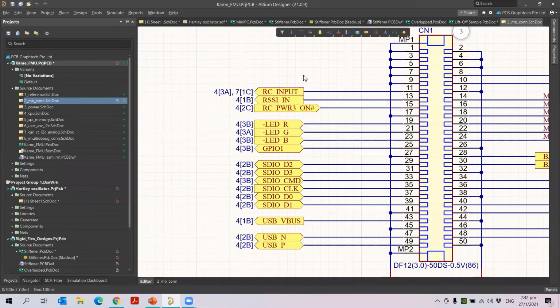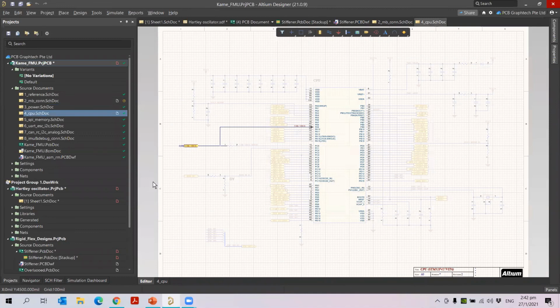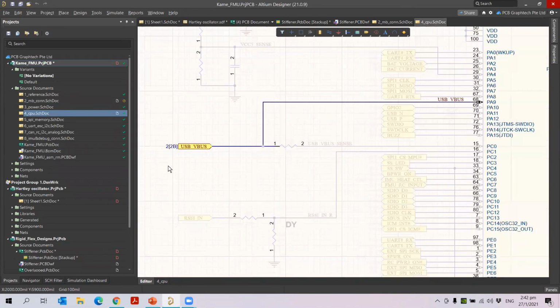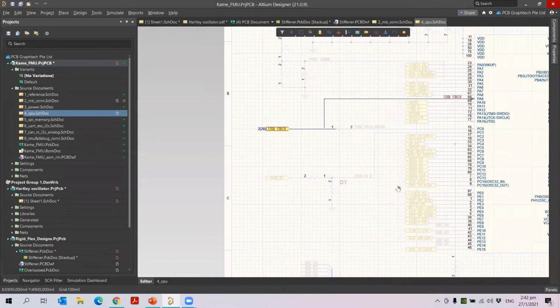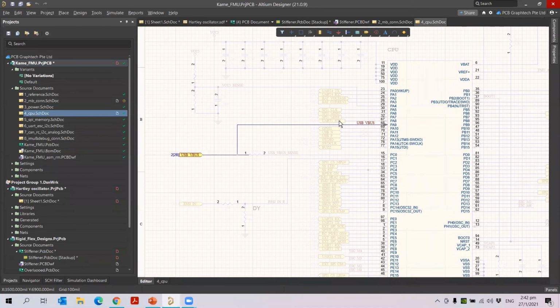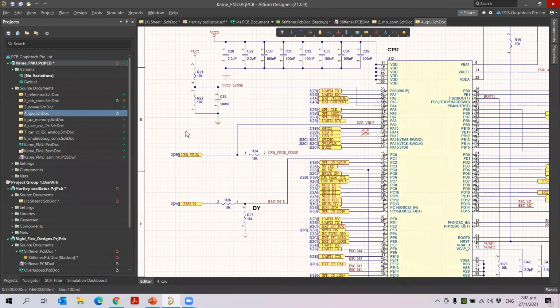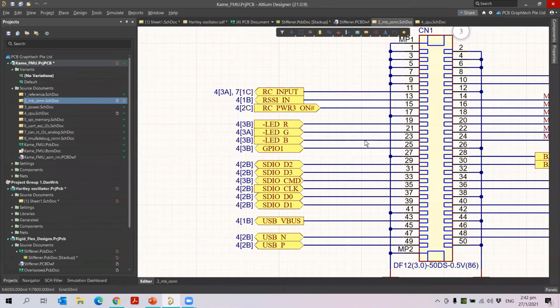This is my original sheet, and then it is connected to this sheet. So I need to click on this sheet. When I click on this sheet, you can see it is taking me to that particular sheet, to that power port, and the net connected to it. Only that particular net and the port is highlighted with the physical name and the logical name, whereas the other things are not highlighted. So this is one of the more comfortable and easy methods. You can see it now inside your Altium Designer.